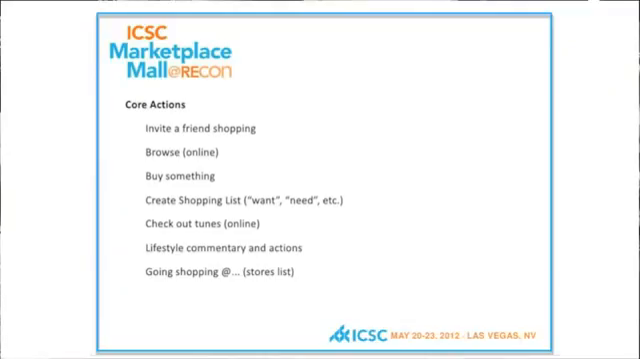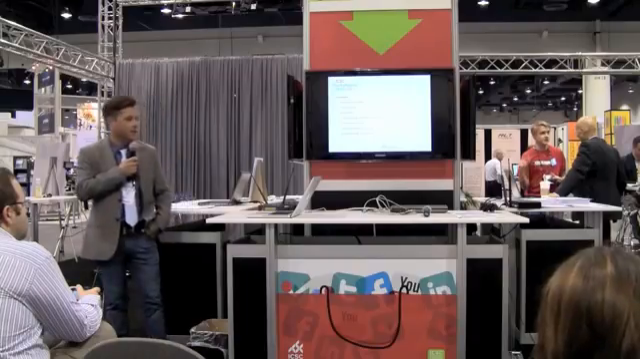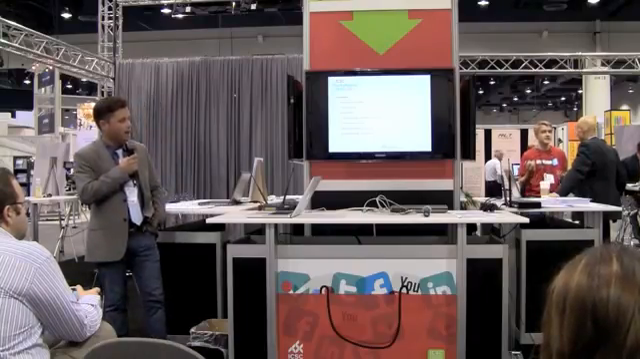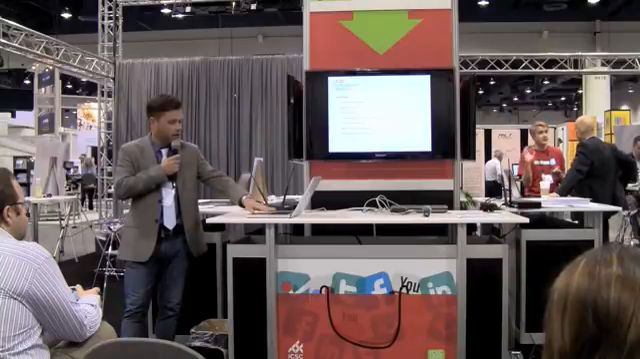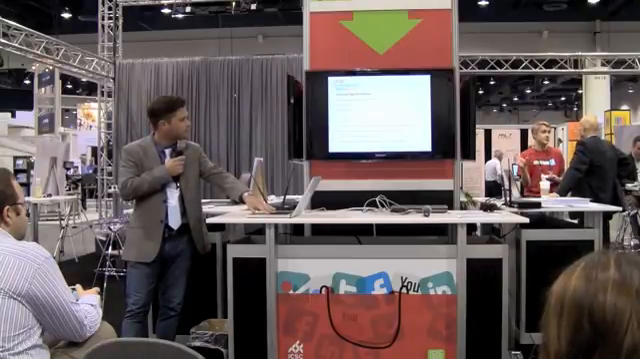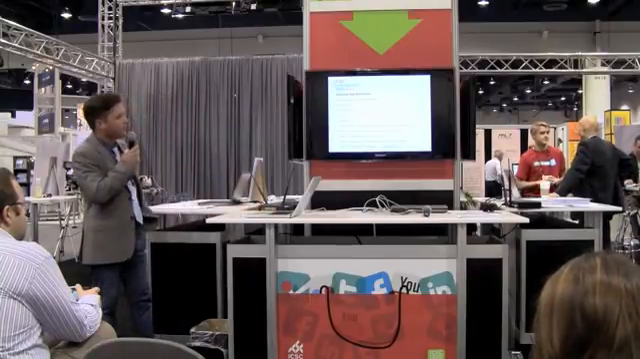So some of the core actions that we're thinking we can get approved for retail or shopping centers would be: invite a friend to go shopping, browse products online, buy something online, create a shopping list, check out tunes, and then lifestyle commentary and actions, and going shopping at a list of stores that are at the shopping center. And then what we're thinking a good workflow would be is